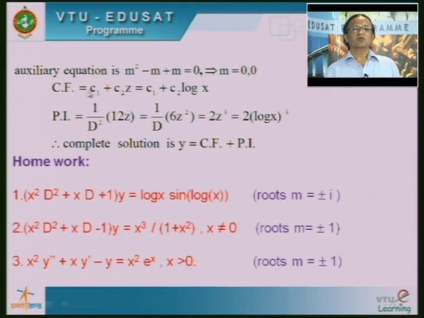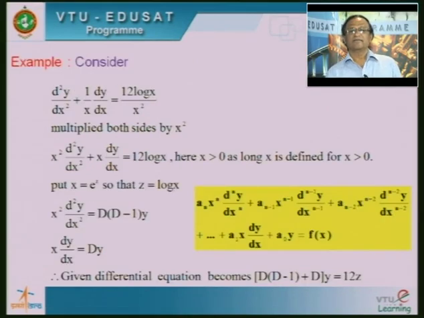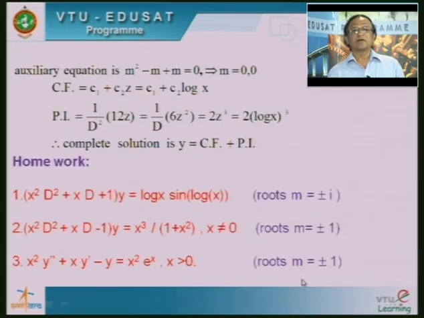Okay. Now, the auxiliary equation is obtained by replacing D by m: m square minus m plus m is equal to 0, because the function f of D is D square minus D plus D. When we replace D by m, I can obtain this equation. Minus m plus m will cancel, and the remaining thing is m square is equal to 0. So, m square is equal to 0 means I can obtain m is equal to 0, 0. So, I will get repeated roots.